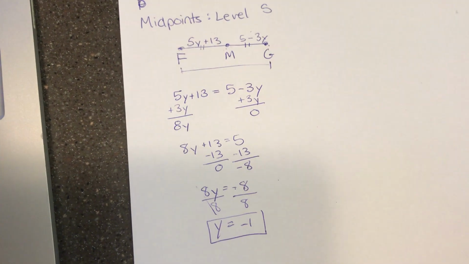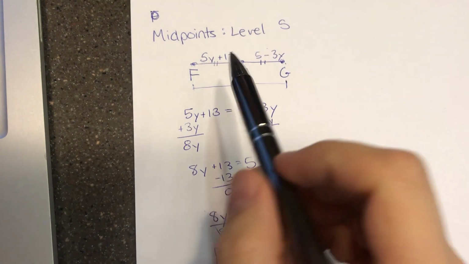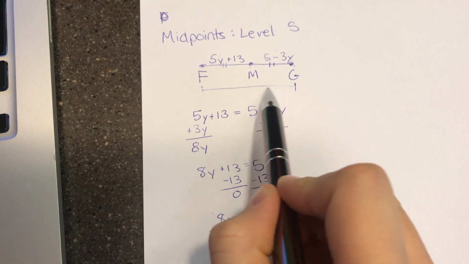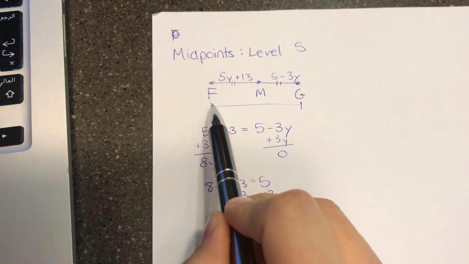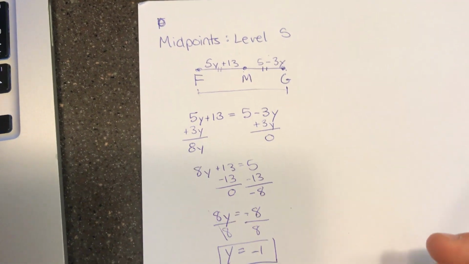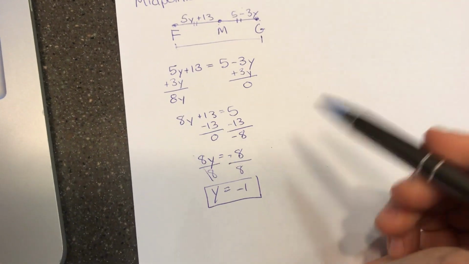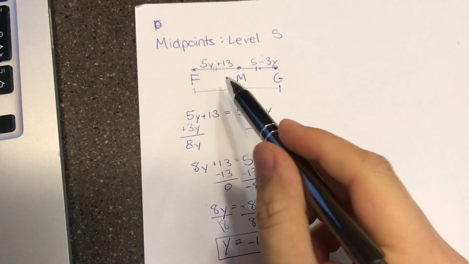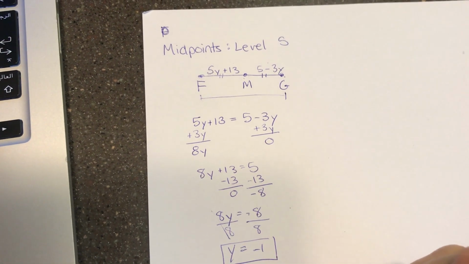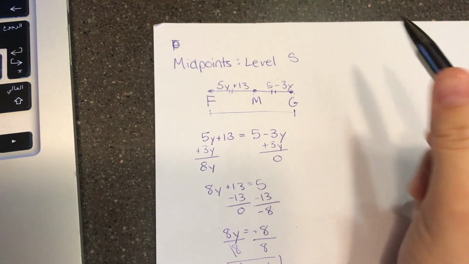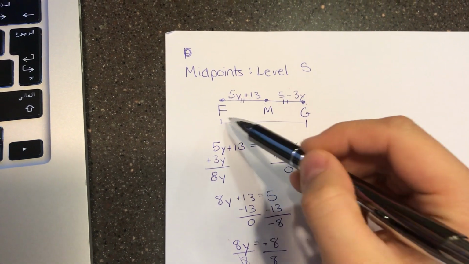So now I know my y. But once again, it was asking me for this distance. It was asking me for the length of FG, line segment FG. So I have to plug my y back into my equation. Okay, I'm going to do that first by writing this out. FG